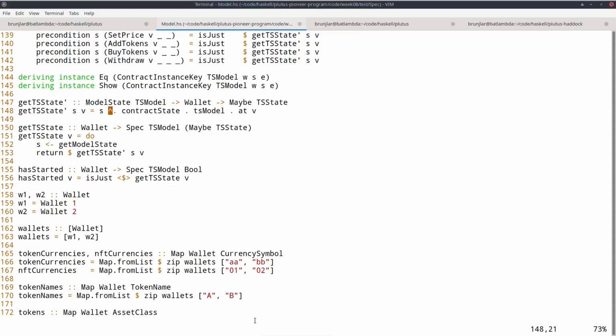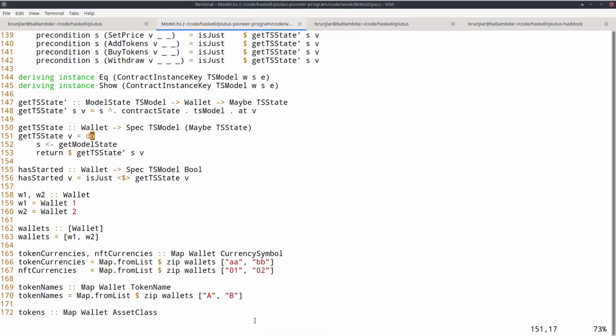So I look up. We saw this view operator from the lens library before. So this just reaches into the model state, to the contract state, to the map, to the key V, and returns me this TS state if it's there. Okay, then using that, I can write a slight variety of this function that doesn't have this first argument and just a wallet, but then returns the maybe TS state in the spec monad.